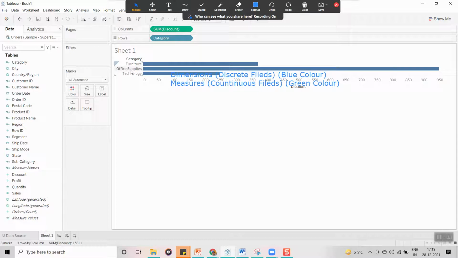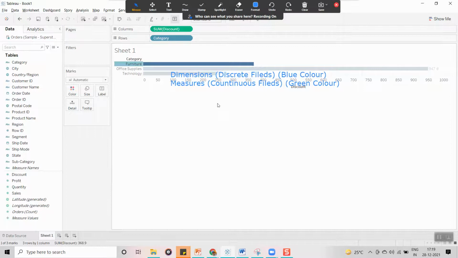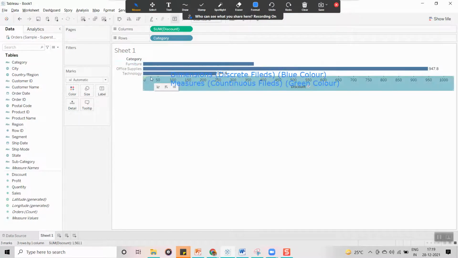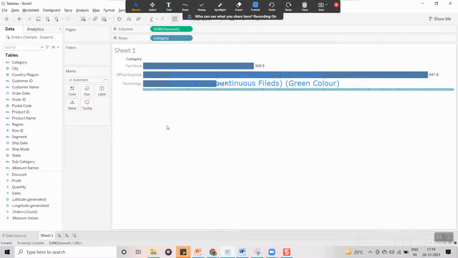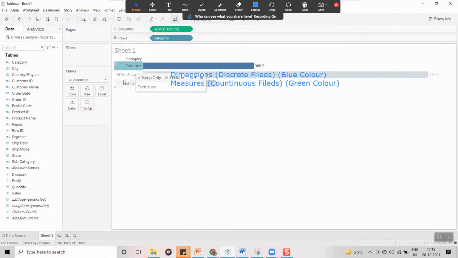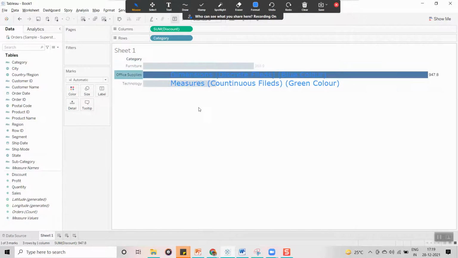Now by looking at this visualization, you can say furniture has this much discount, office supplies this much, and technology this much discount.